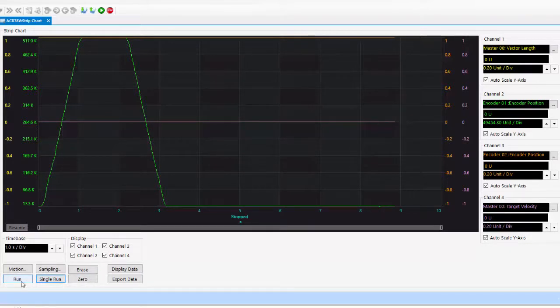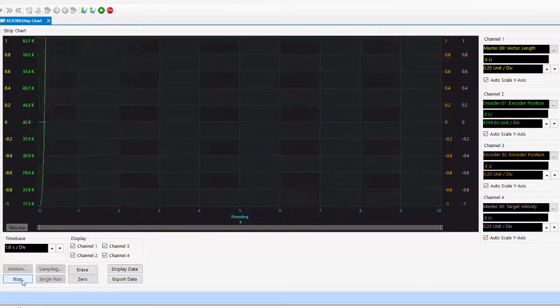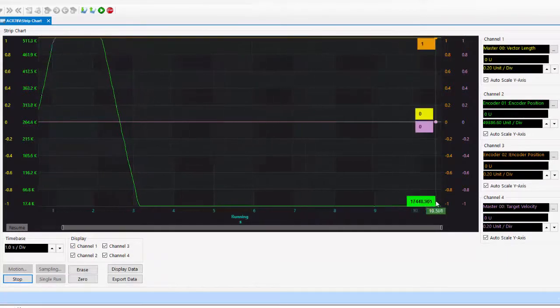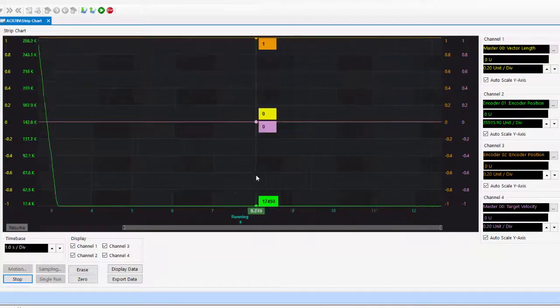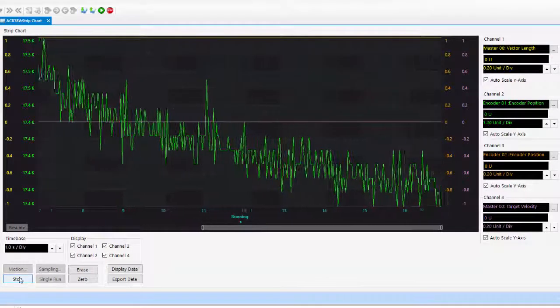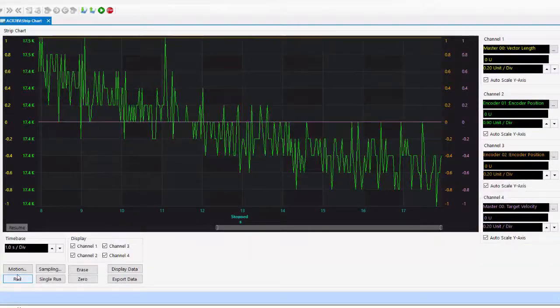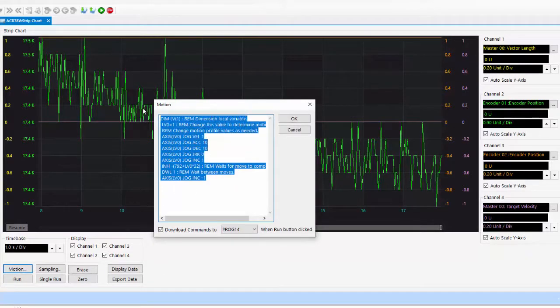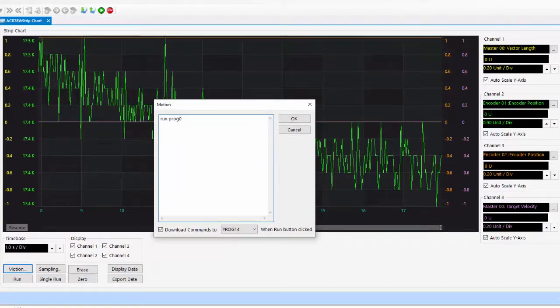If we click run, it will actually run the strip chart constantly. So it'll do the motion code once, and if you're not repeating, it will just keep going forever. This could be helpful if you're looking at anything steady state, or if you're actually looking at program 0 instead. So if we change the motion code to run prog 0,